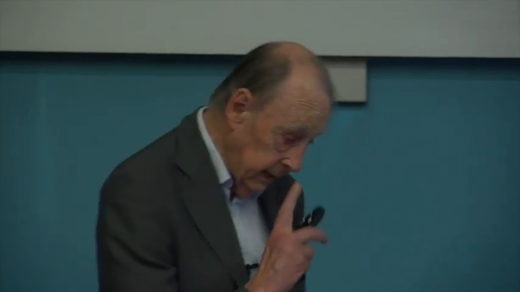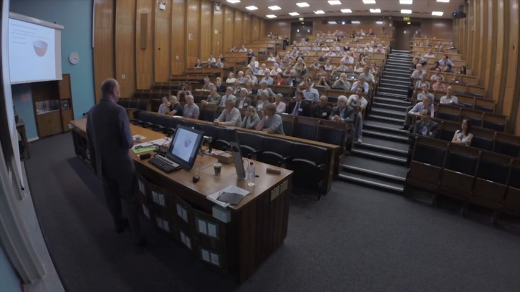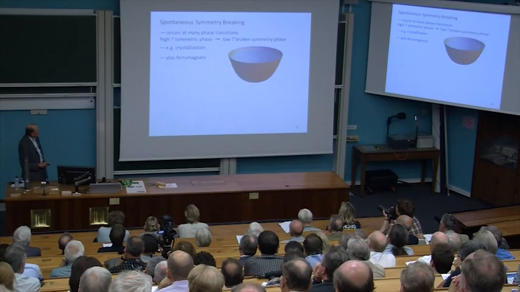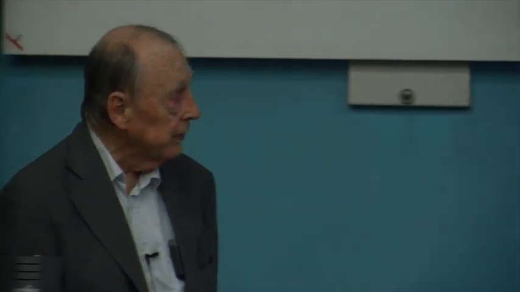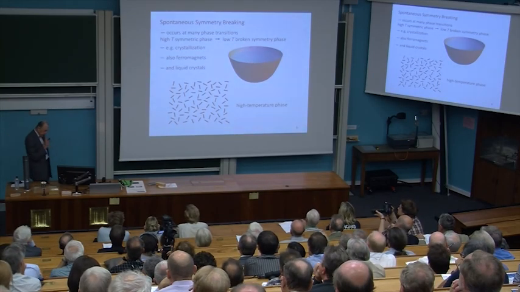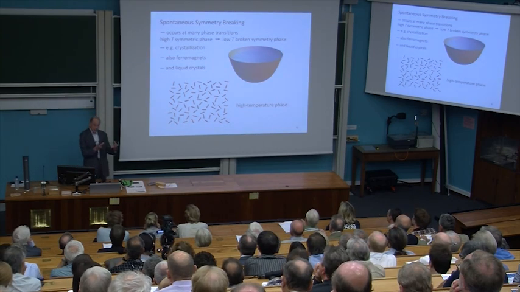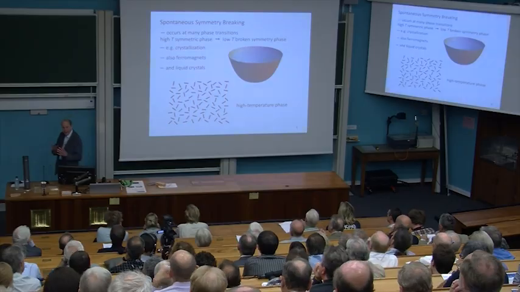And that happens in lots of systems. It happens in ferromagnets. When a ferromagnet cools through the Curie point, it may magnetize in this direction or in that direction, and that choice is made spontaneously. It breaks the symmetry. There's a very interesting example, I think, which is liquid crystals. These are the simplest kind of liquid crystals, nematic liquid crystals. There is a high temperature phase in which they're made up of rod-shaped molecules, basically, pointing in any old direction,